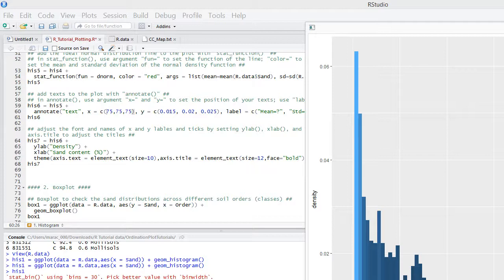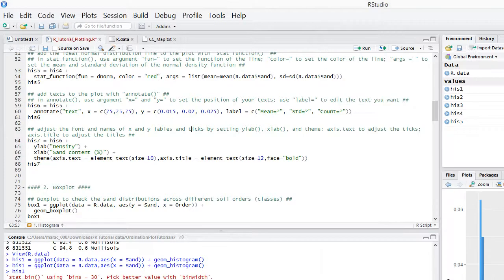That is where I want my text to be, the location, the position. So if we run line 59 to line 61,